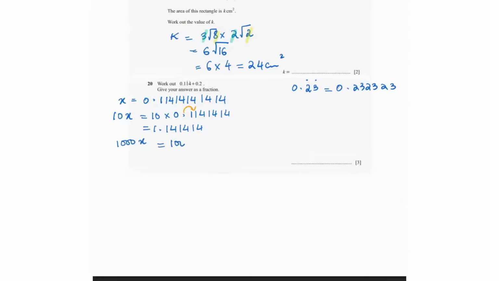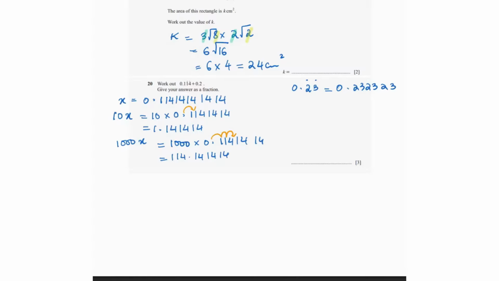So that means 1000 times 0.11411414 and so on. Now, as I said earlier, if you times it by 1000, it moves the decimal 3 places to the right. So that's going to be 114.141414 and so on. Now, the reason why I chose 10 and 1000 to multiply with x is because I want to make sure